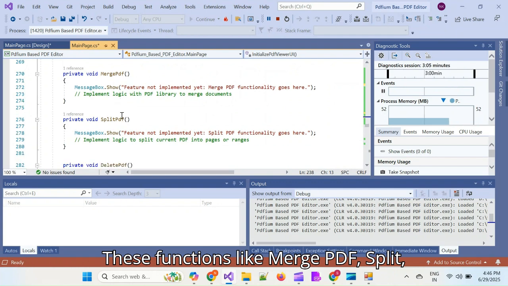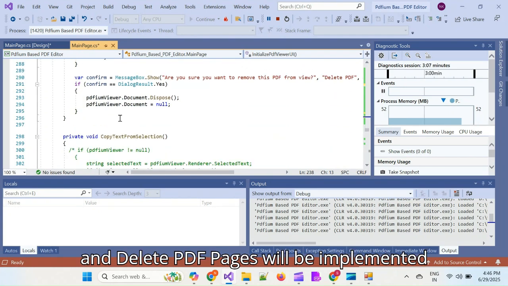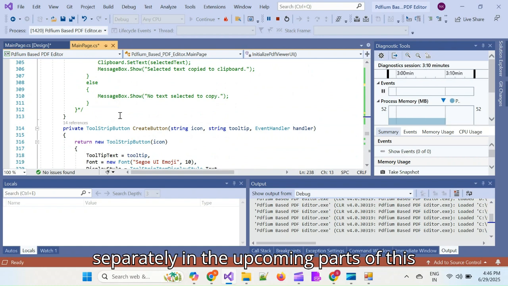These functions like merge PDF, split, and delete PDF pages will be implemented separately in the upcoming parts of this